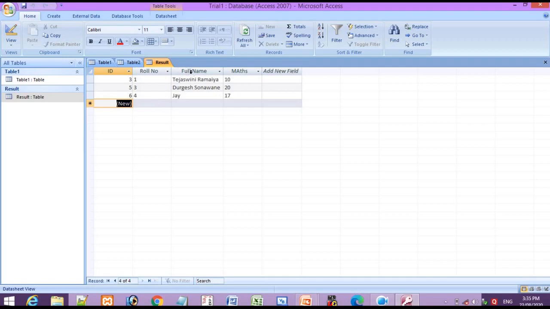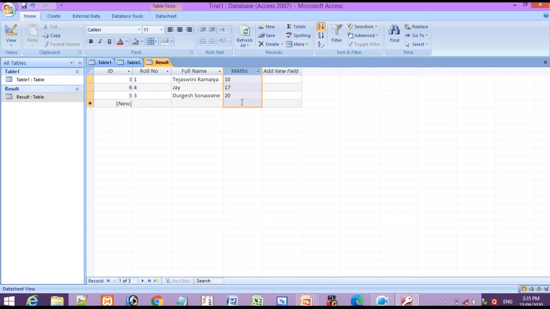just select one of the fields which you want to sort. Like I have selected this field, and I want to sort the data over here. In the Home tab, can you see here A to Z and Z to A? A to Z means sorting your data in ascending order, and Z to A means sorting your data in descending order. So I have to sort this in ascending order. Just I have clicked over here.